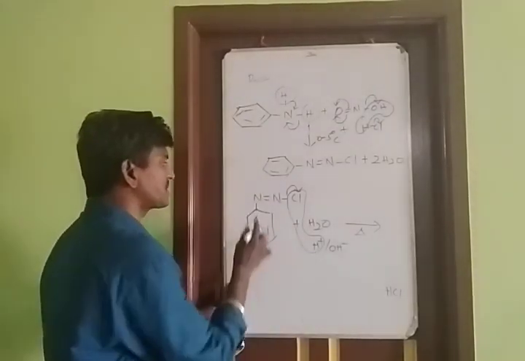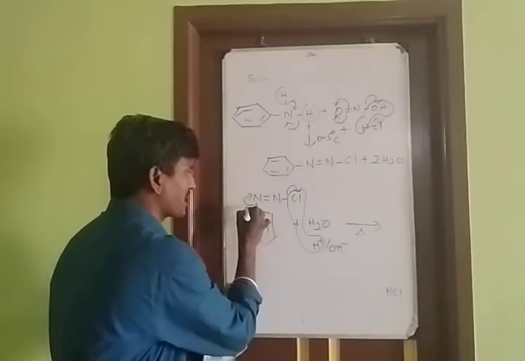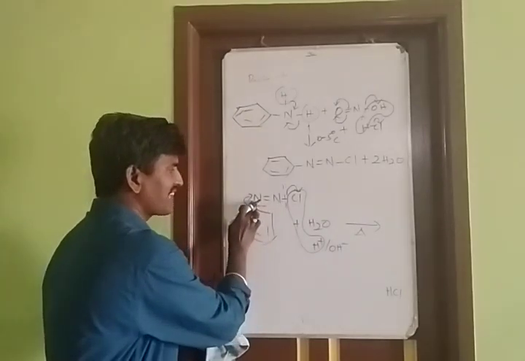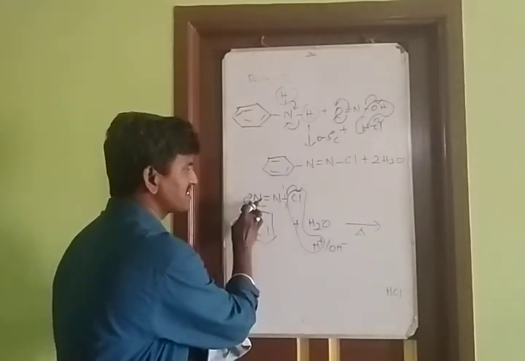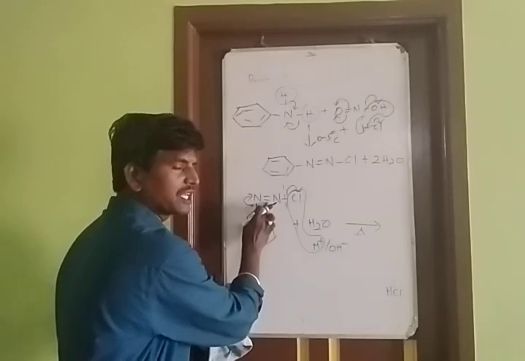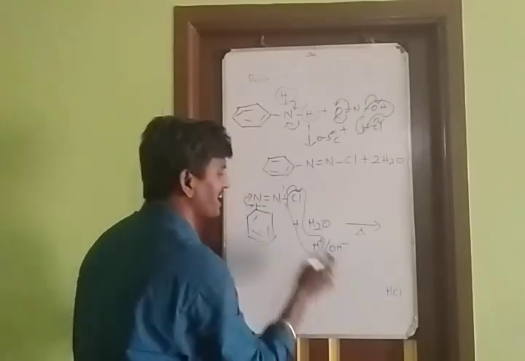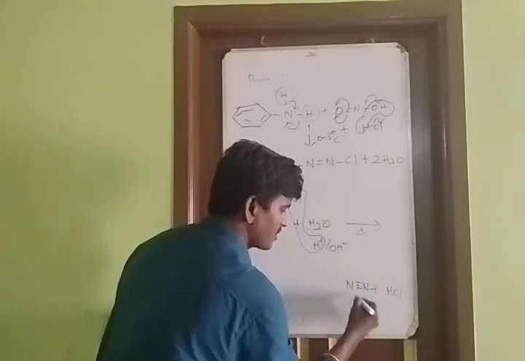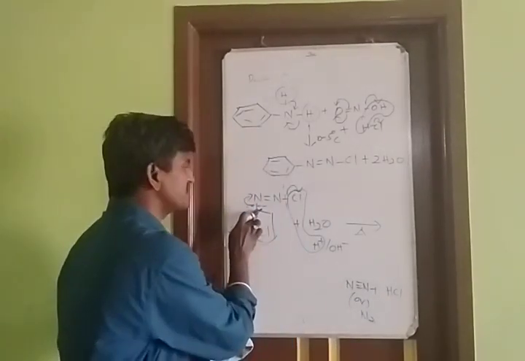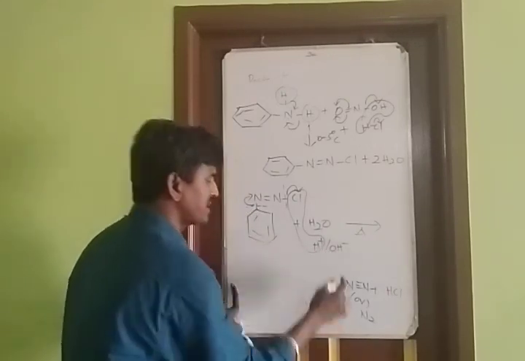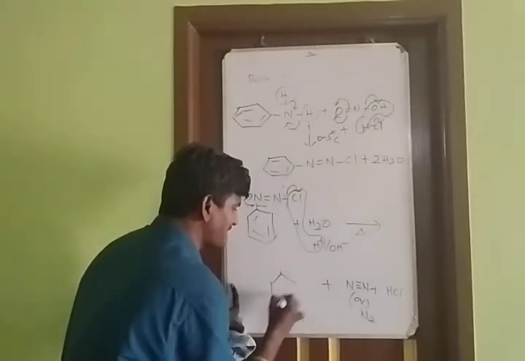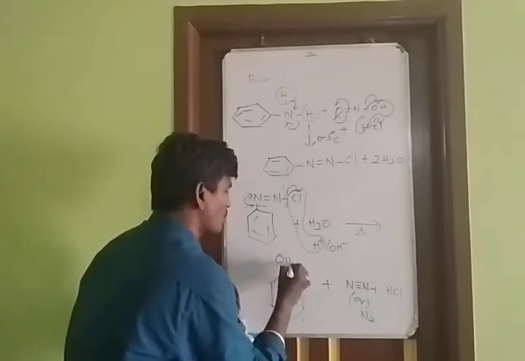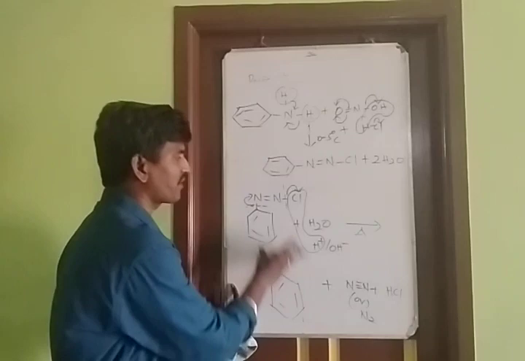Which one is more electronegative? Nitrogen. So nitrogen takes one pair of electrons. Here also a bond breaks. Here nitrogen charge is plus, here nitrogen charge is minus. So a plus-minus bond forms, and the double bond becomes a triple bond. So N triple bond N, we can write N2. What's the charge of this C? Plus, with OH minus, so a bond forms and you can get phenol. Preparation of phenol from benzene diazonium chloride.